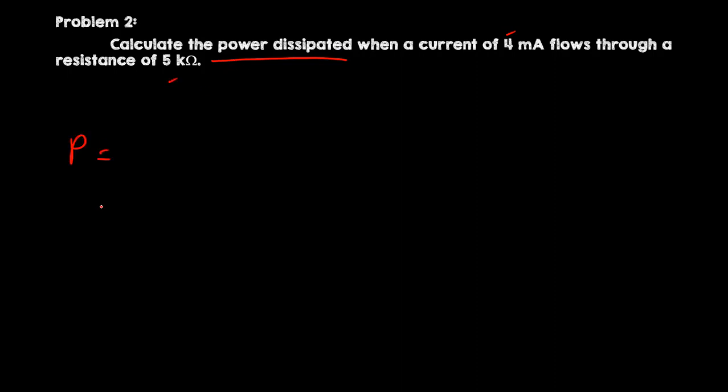And the second formula for power is I squared R. And we have I of 4 milliamperes. Let's convert. 4 times 10 raised to negative 3 amperes and R of 5 times 10 raised to 3